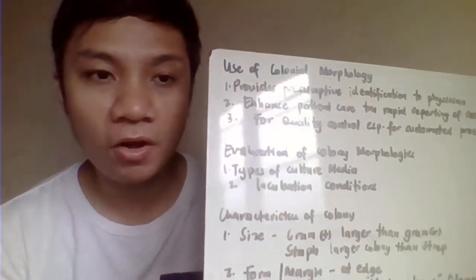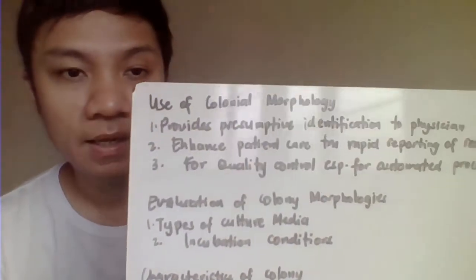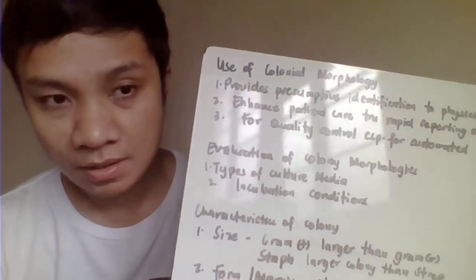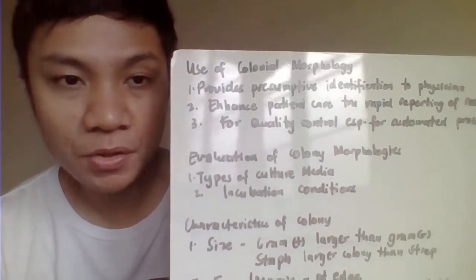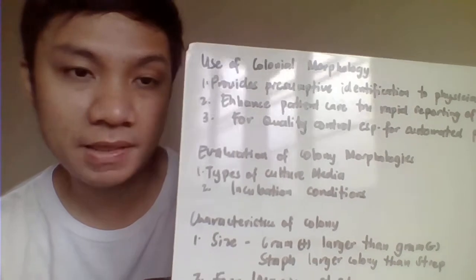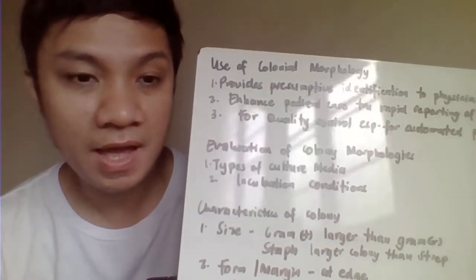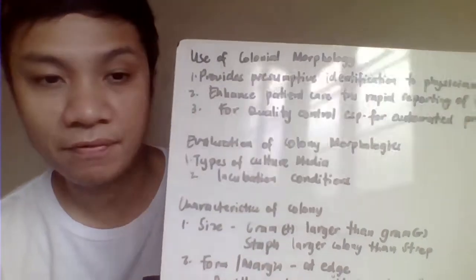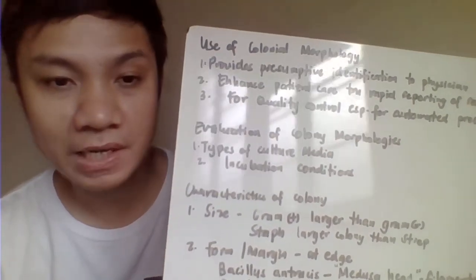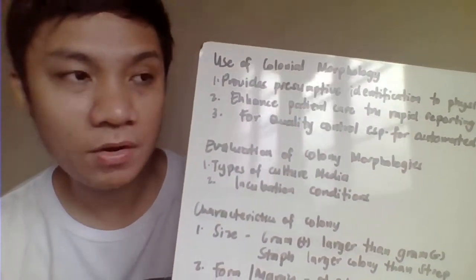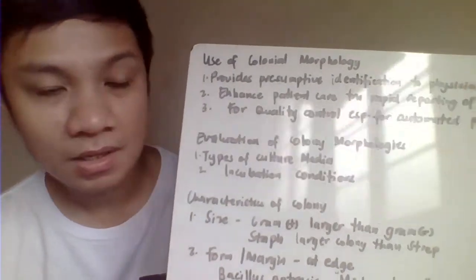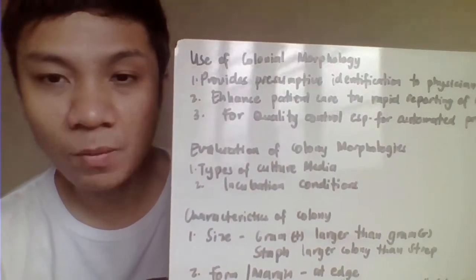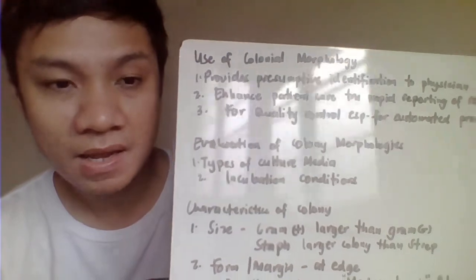Okay, so we have here the colonial morphology identification. It is very important that we take note of the morphology of your bacteria under the culture media because, number one, it provides us with the presumptive identification of your organisms. Second, it also enhances the quality of patient care by rapid release